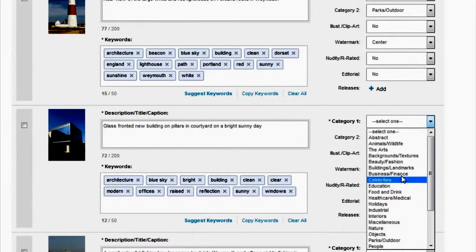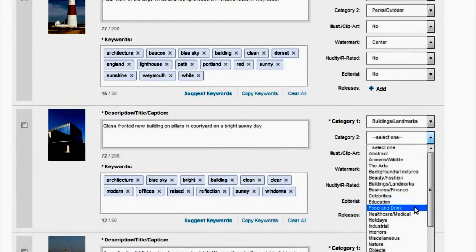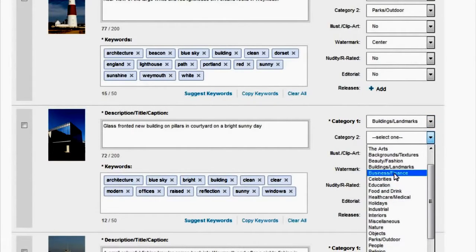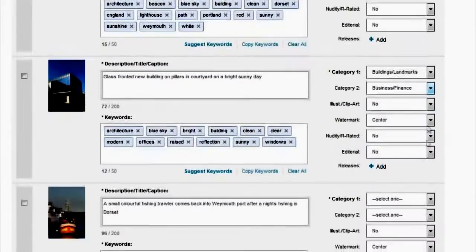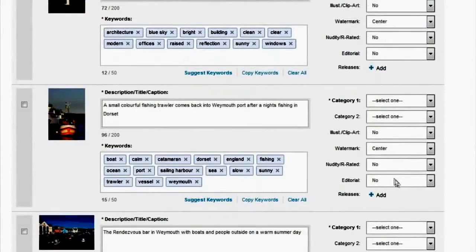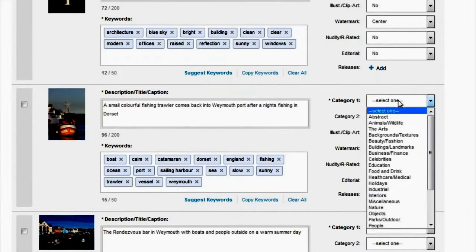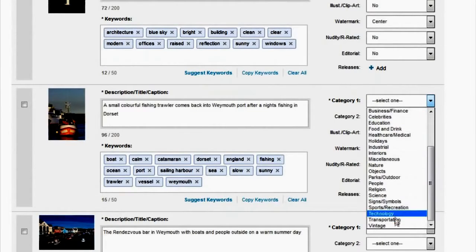Another building, so it's building landmark and parks outdoor. In fact, I'm a business finance. I might go for business because it's an office building, so we'll leave that as that. All the rest can stay the same. This won't go as editorial because I've cleared all the names away, so we're going to have something here, transportation,